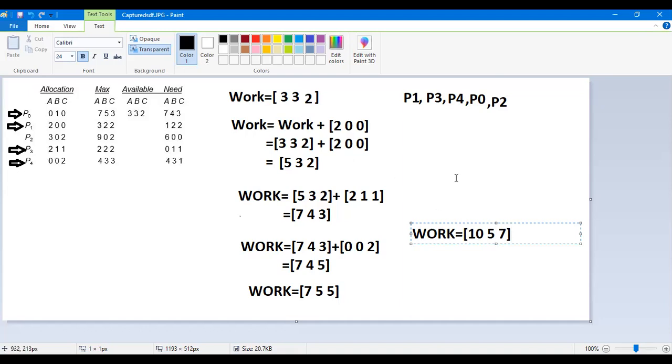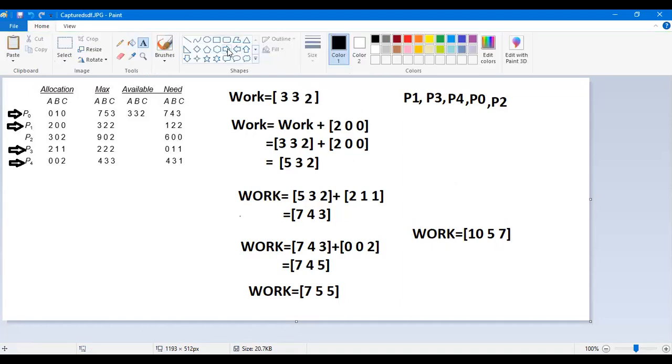After execution of P2, we have found these values 10, 5 and 7. So after all the execution of the processes, you will have work as the complete availability of the system. Whatever total number of resources you were having, you will get that value only. 10, 5 and 7.